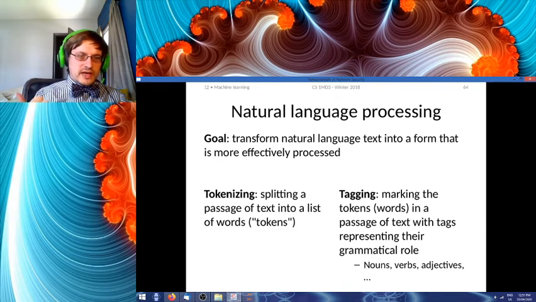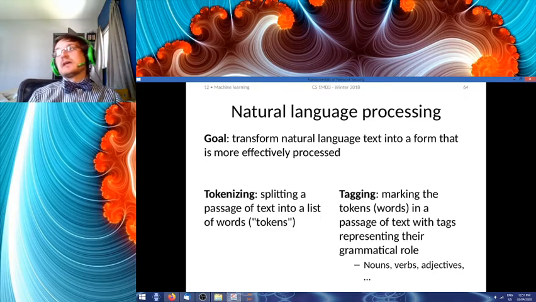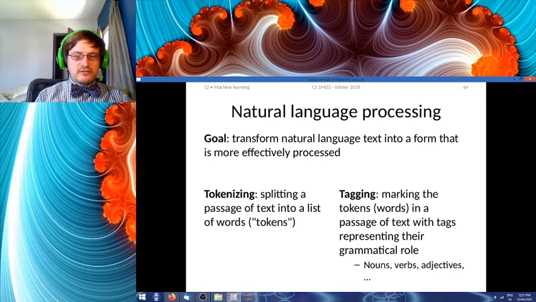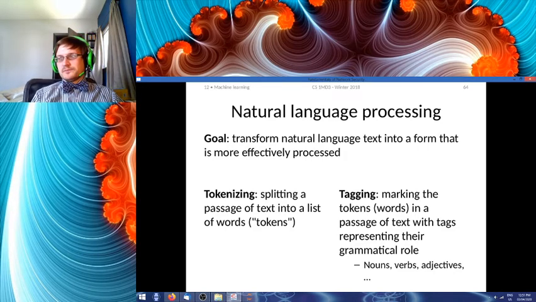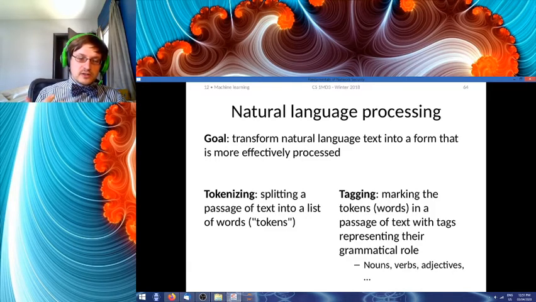Number one, we have to tokenize the text, which is essentially to split it into a list of words. Sometimes you can go a little bit further than just stopping at the word level. Sometimes there are particular sentiments associated with phrases rather than words. You can tokenize according to clauses and phrases as well as words.